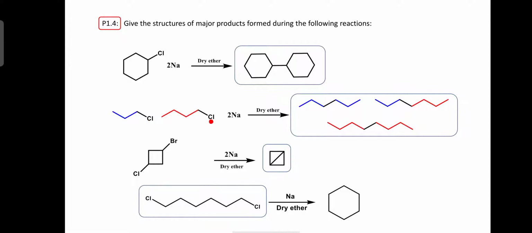So when they react with the sodium, what will happen, two molecules of this propyl chloride react together to form a 6 carbon compound, this one, and two molecules of this butyl chloride react together to form one molecule of octane, and one molecule of this propyl chloride and one molecule of butyl chloride react together to form a 7 carbon heptane. So what is happening here, when the alkyl halides are of different nature, a number of products will be formed in the reaction.